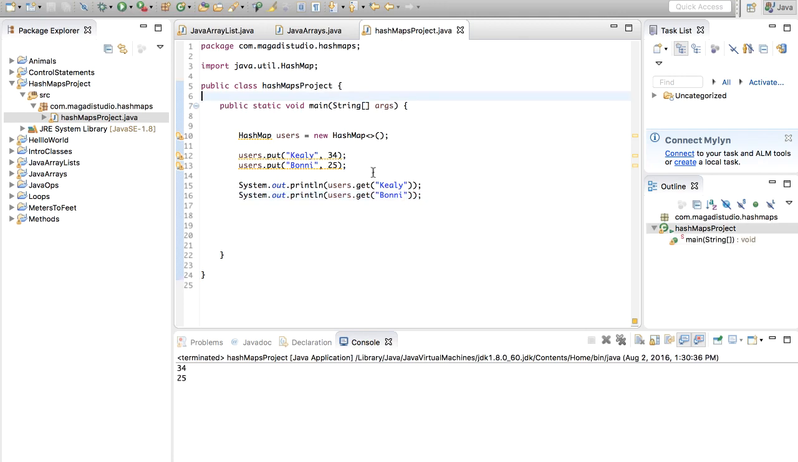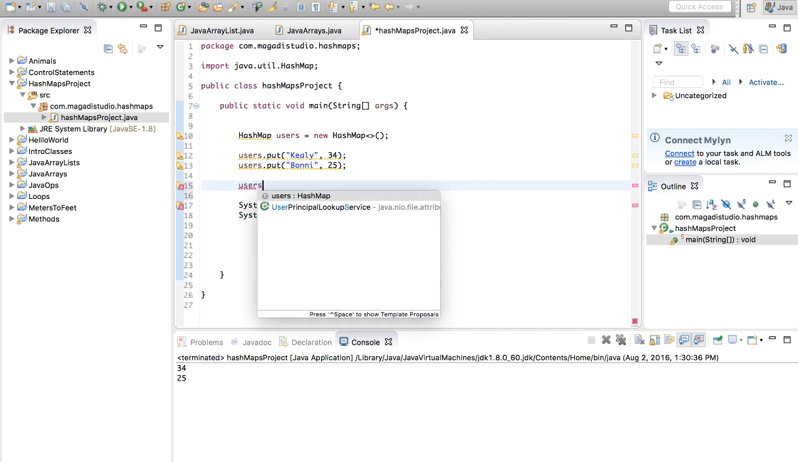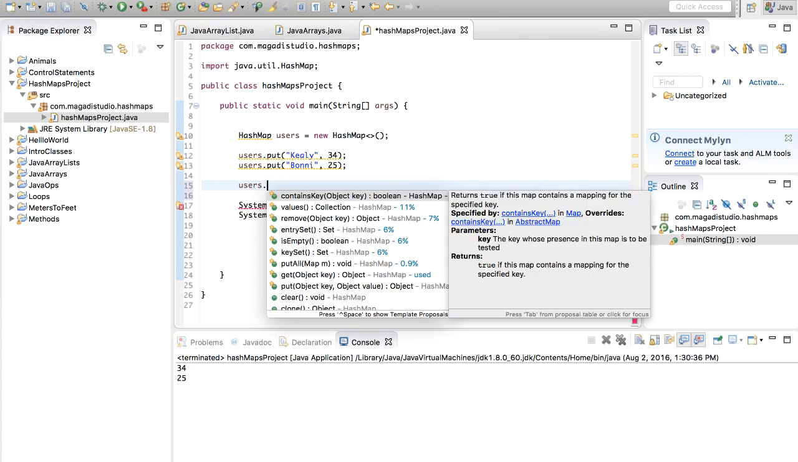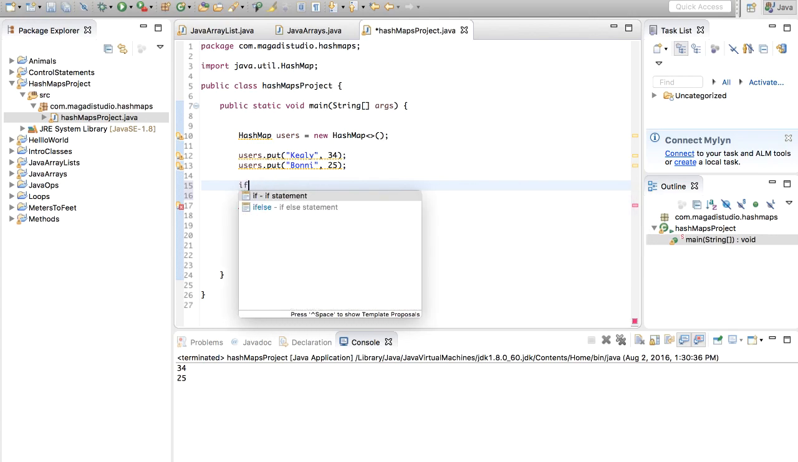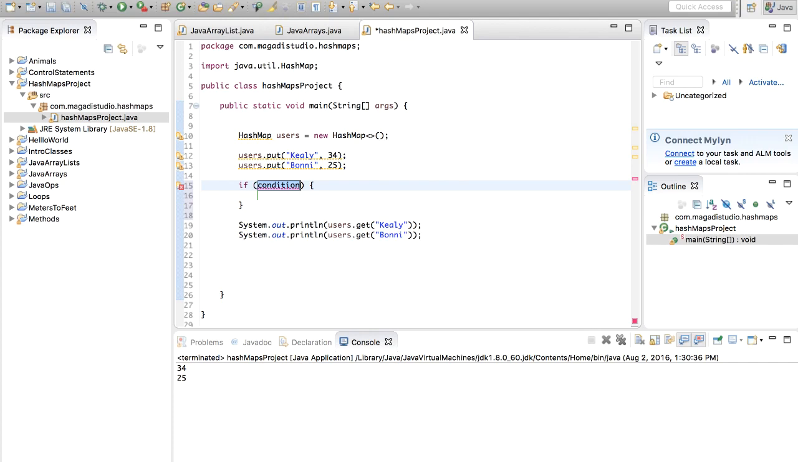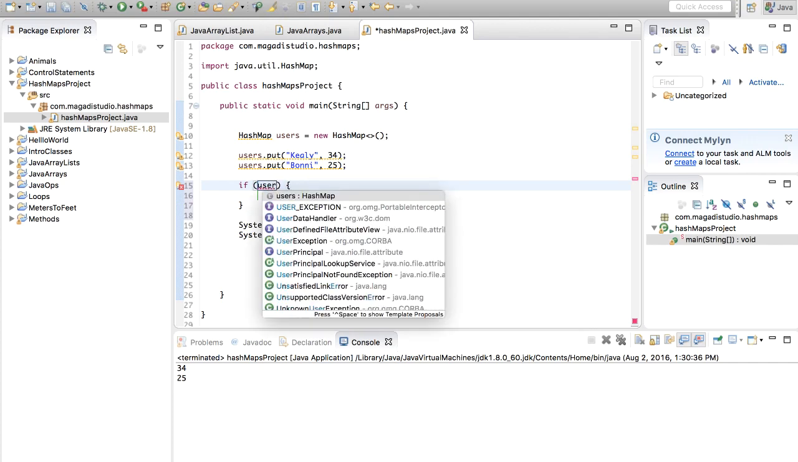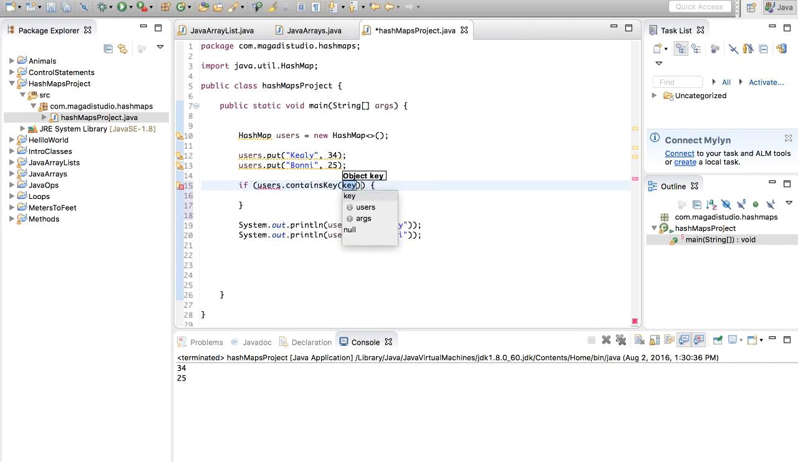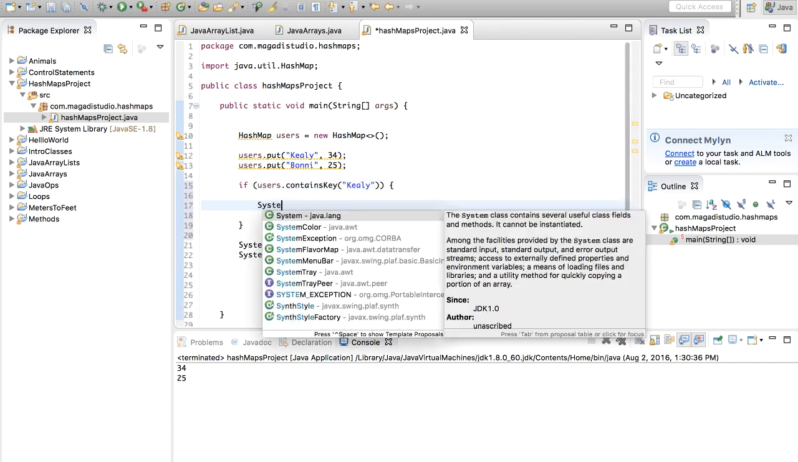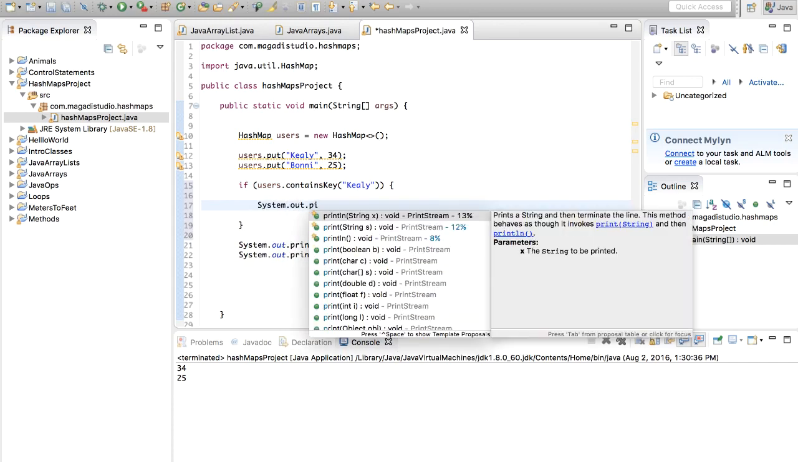Now, what other operations can we do with our hash maps? Users dot, we see there containsKey. It returns a boolean, meaning true or false. So we can put that into an if statement. We can say if users dot containsKey, let's say if it contains Keely, then we want to say something like System.out.print